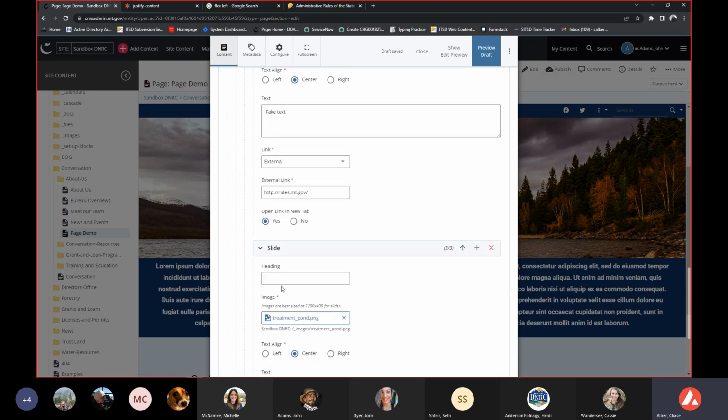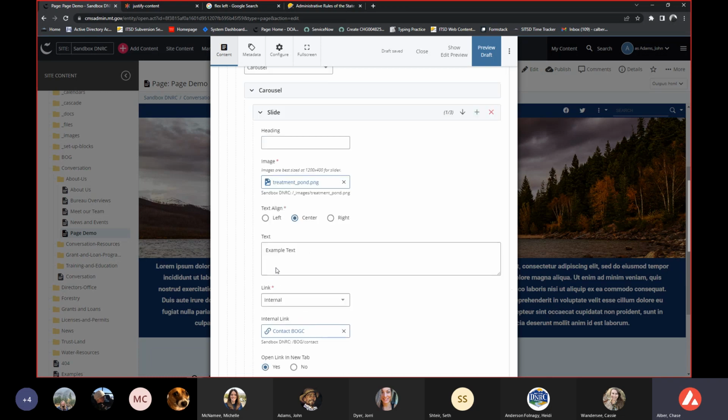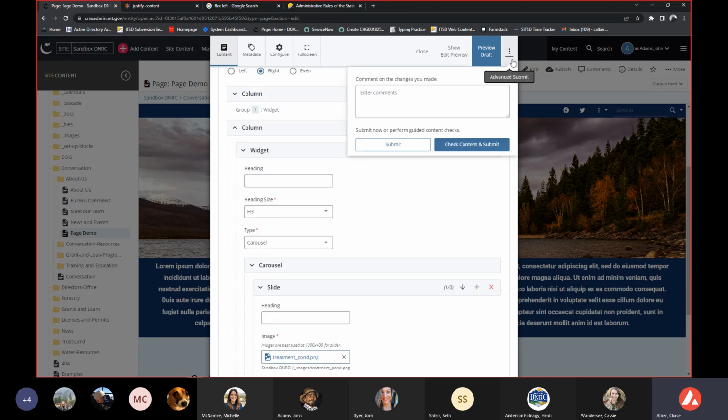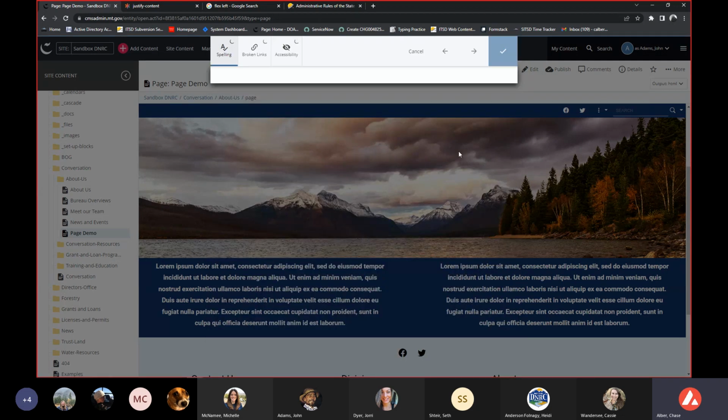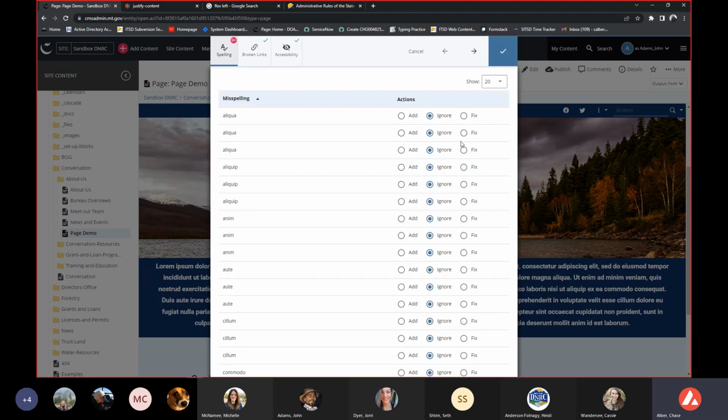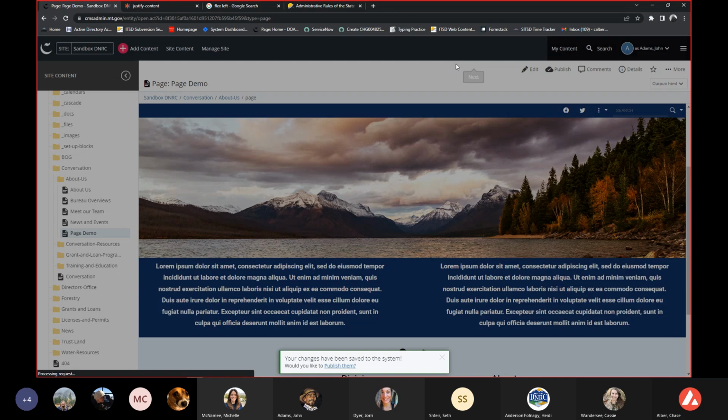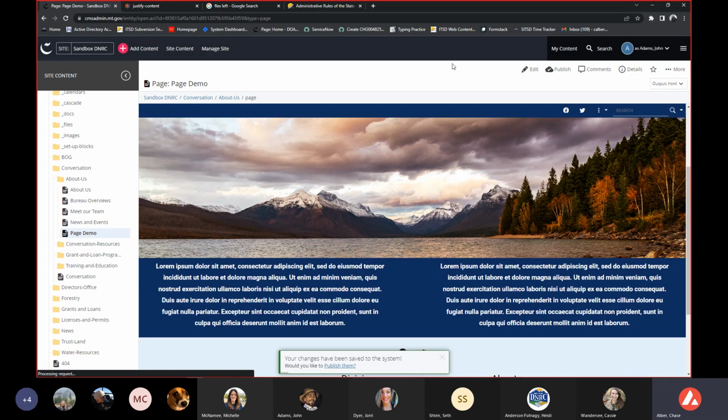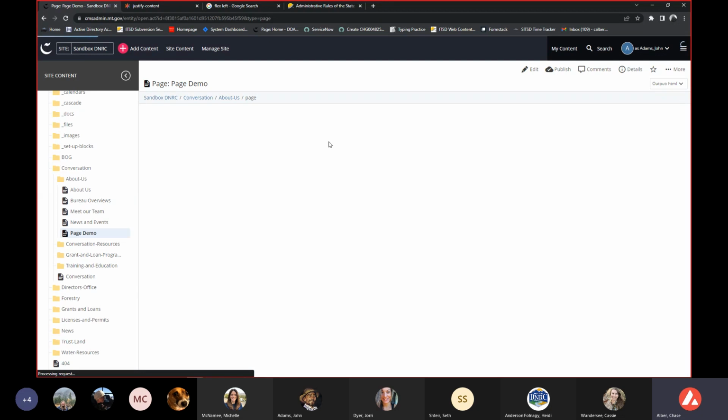So now we kind of have what we want. Everything looks good. Once again, I'll click the three dots at the top right and check content and submit. Everything I'm discussing here, from adding content to editing content, will be included in their documentation. So you can just follow along, follow the steps with the images, and you can create exactly what I'm doing. Okay, we now added our carousel